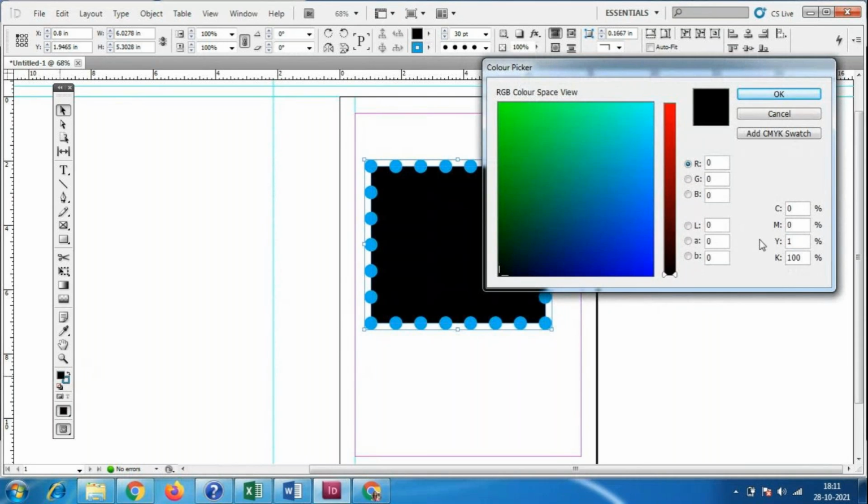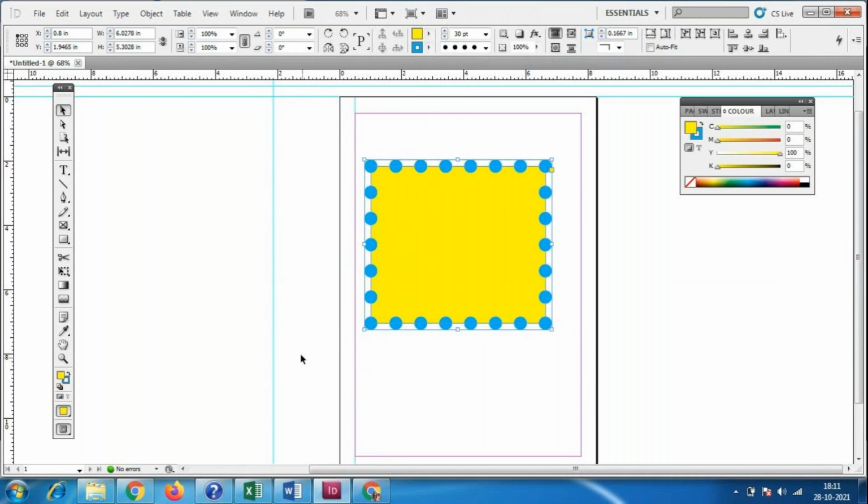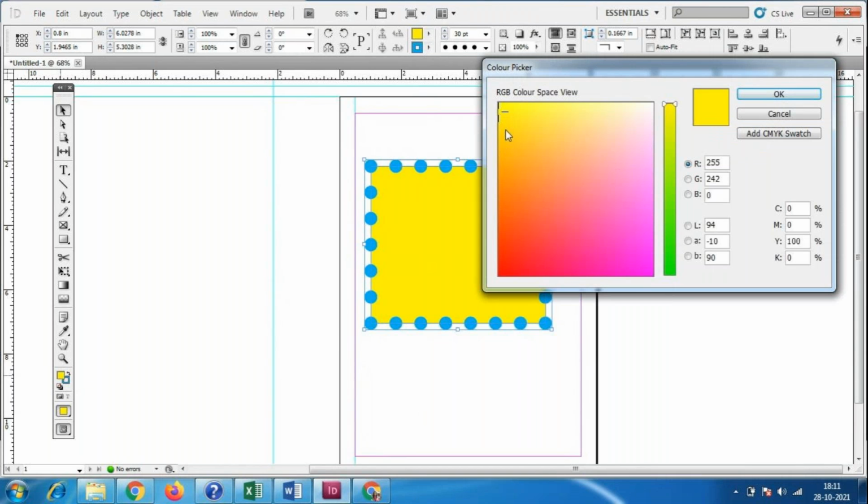Suppose I want yellow 100%, and I don't want any color mixing in that. So that time I'll keep everything zero and yellow is 100%. See, 100% yellow is not having any tint or green effect. Suppose when you mix it like this, see, yellow is mixing with pink, correct? Yellow is mixing with pink and you are getting some different color. So yellow is mixing with this magenta.